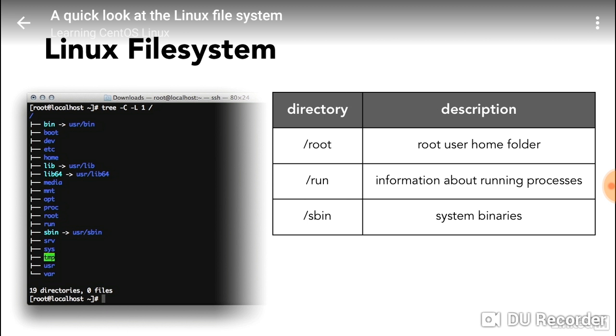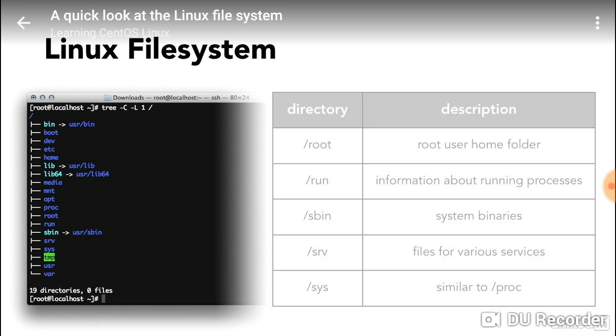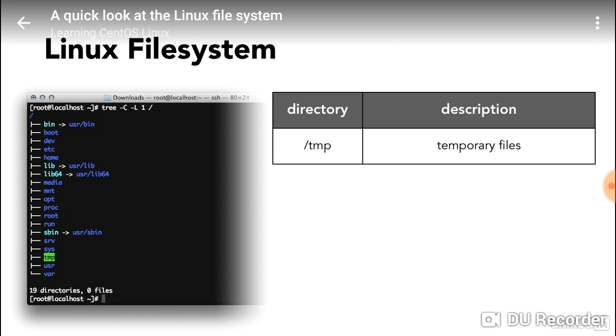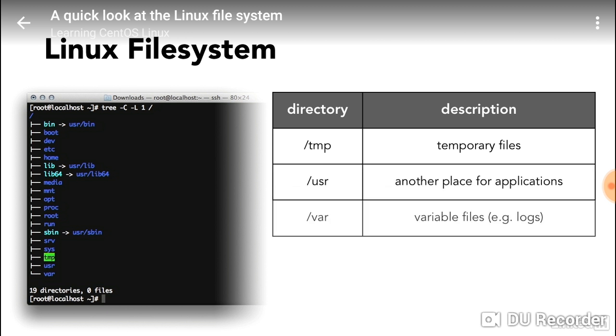SBIN is where system binaries live. SRV holds information about files for various services. And sys shows information from the proc directory in a different format. The TMP directory contains temporary files and can be cleaned out when the system restarts. The user directory provides another place for applications to live. And finally, the var directory contains variable files that change over time, such as system log files, which can be found in var log. That pretty much covers the directories we'll be working